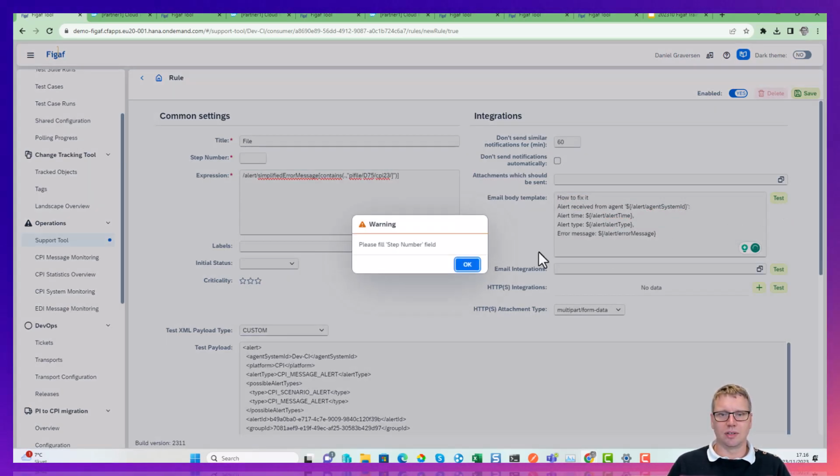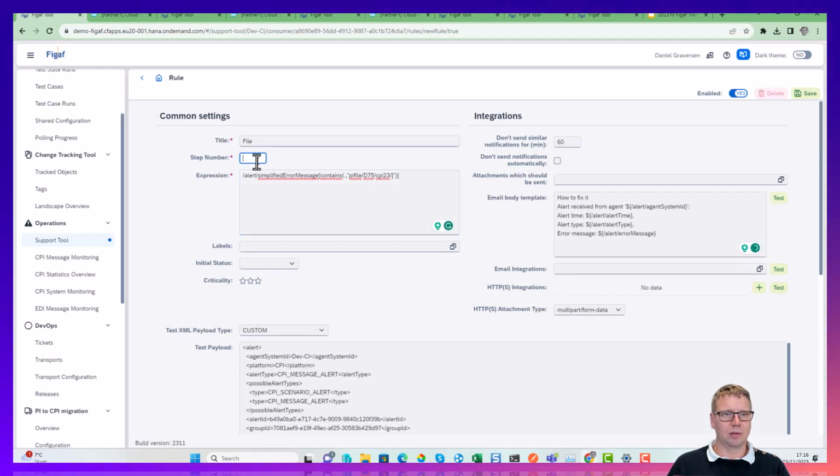You can then do a test to see if it worked. We need a step number. So the idea is that the tool will start with the lowest step number, and then it will just go up all the way until the end, 999. And here it will then have the default. You can set up with the handle. Is it critical? Are there any